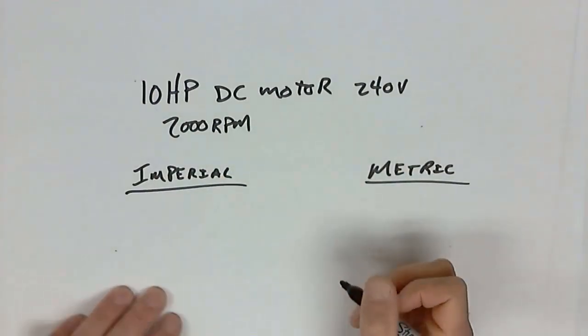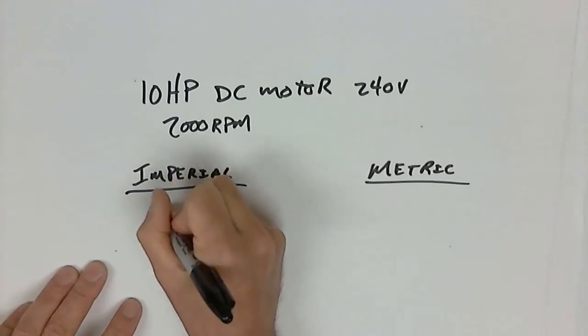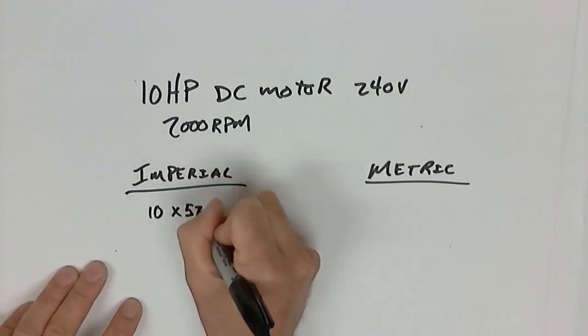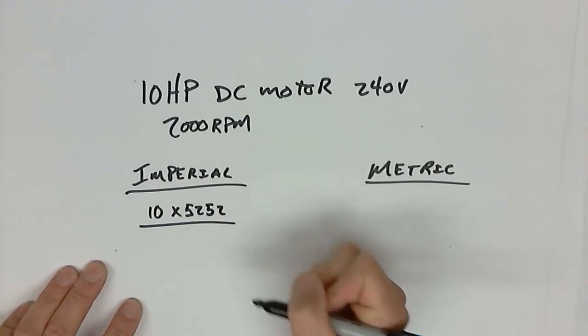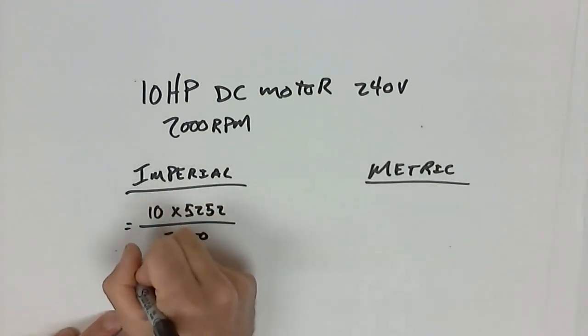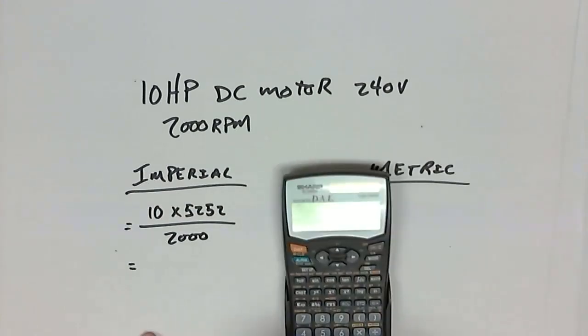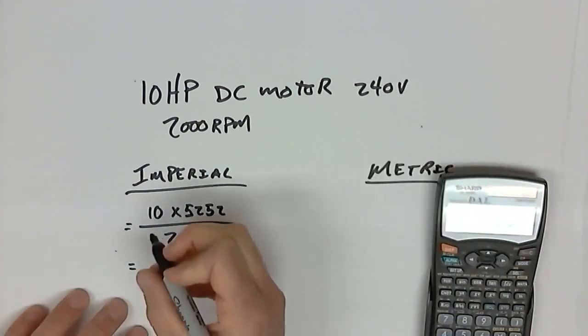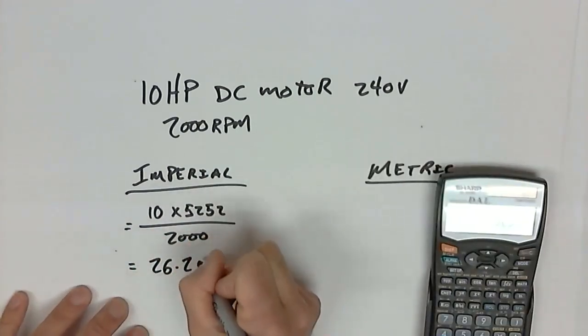So imperial would be the horsepower, 10 times 5252 divided by the RPM of 2000. So 10 times 5252 equals, divided by 2000, 26.26